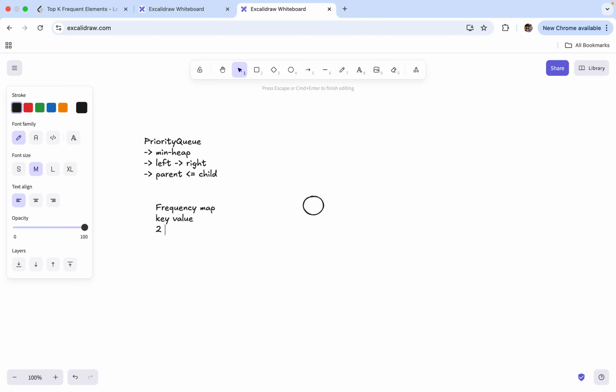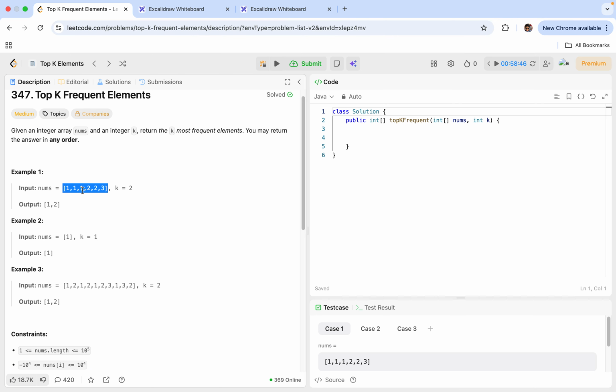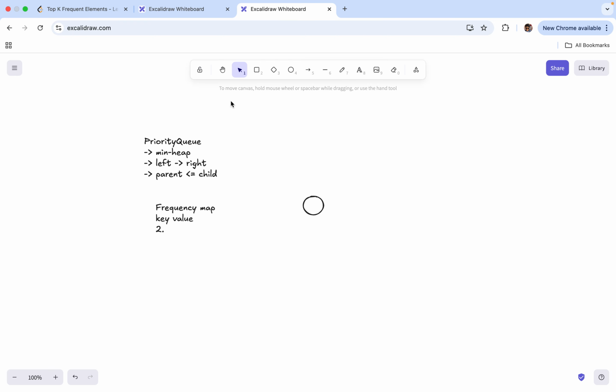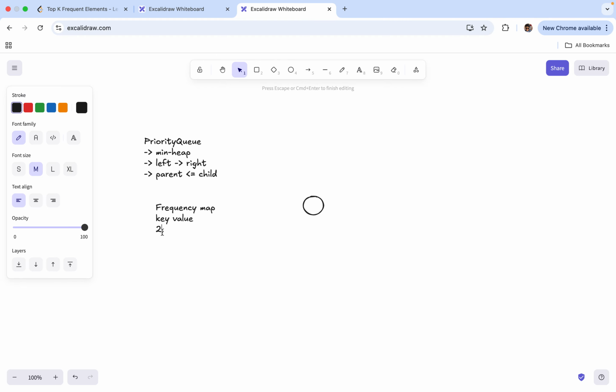So we had 1, which was occurring 3 times, and we had 2, which was occurring 2 times, and we had 3, which was